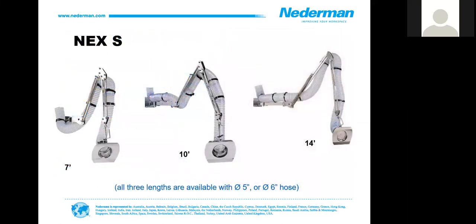This one I only have 3 models. I go from 7 to 14 foot, but I do have it in 5-inch and 6-inch. I have it in 5-inch dampered, 5-inch not dampered, 6-inch dampered, 6-inch not dampered. And you're like, John, that's a lot of information. Yes, I know it is, but we want to give you, the design engineer, the option of the proper product